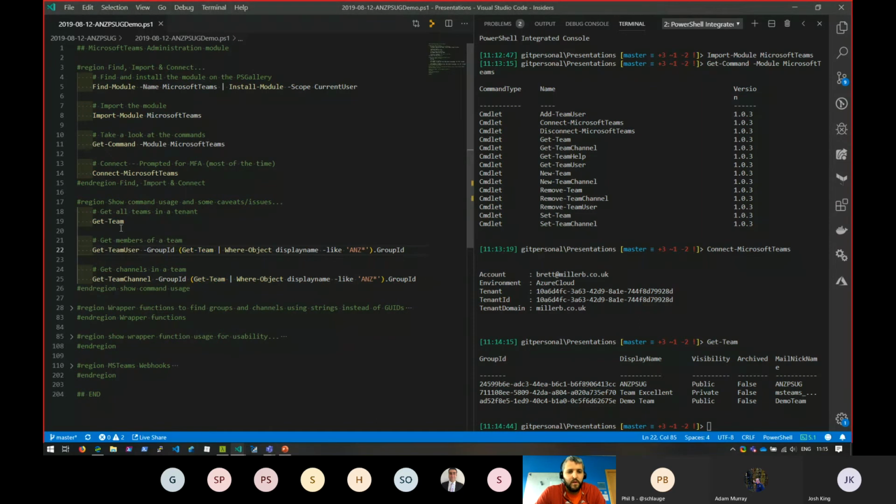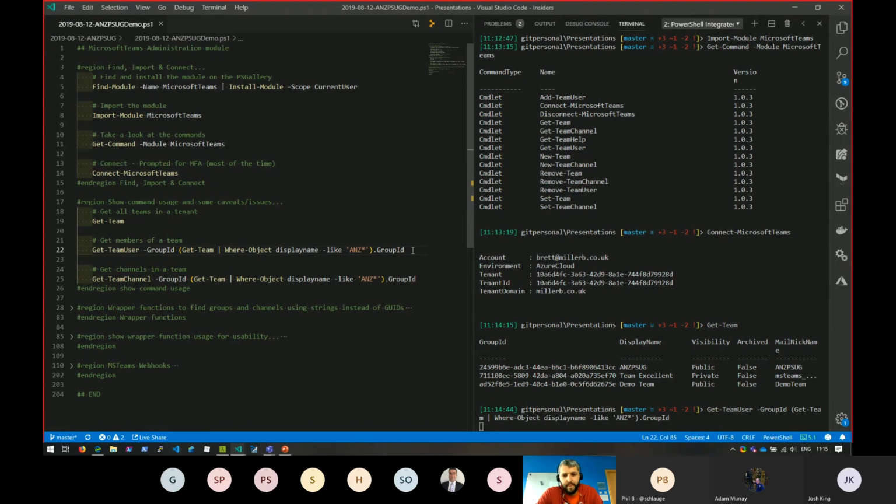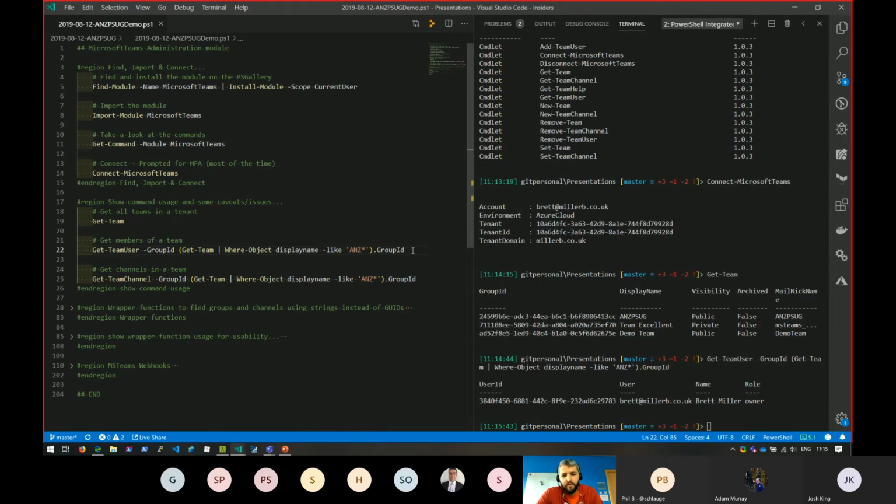There's no filter, and like I said, you have to use group IDs to identify all of the teams. So you end up having to do crazy things like looking up the group ID to be able to get the user from the teams. And it's very slow. They have made some improvements over the previous versions, but there's still no filtering on these, so you have to return all the teams or all the users. And I think at previous places where you've got hundreds and hundreds of teams, it takes a long time to return those.